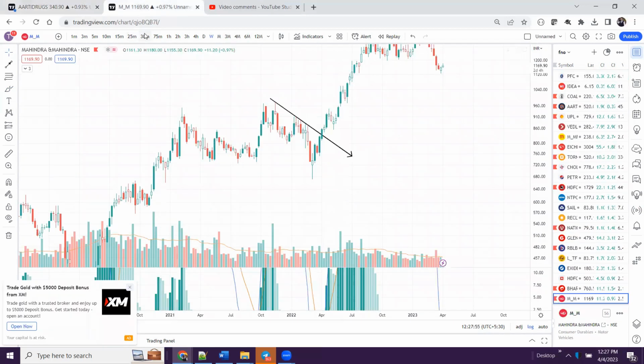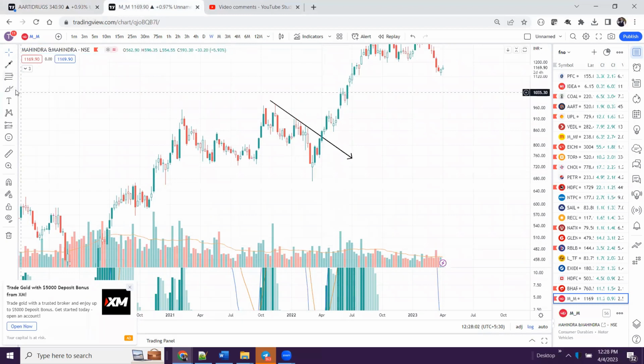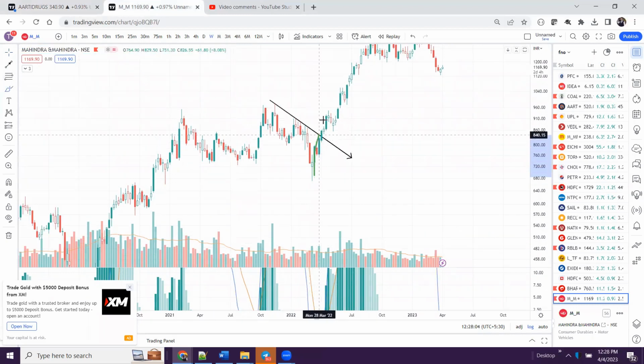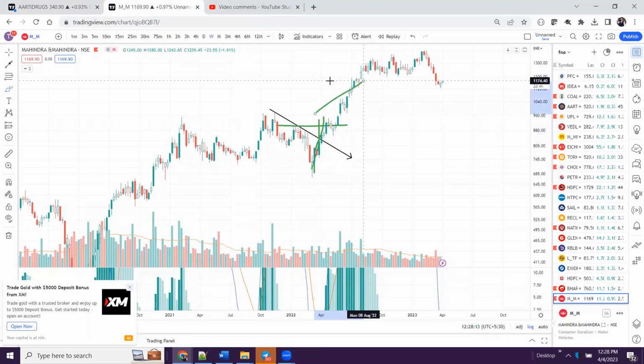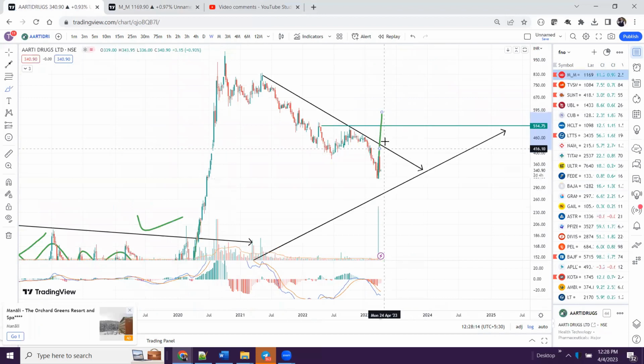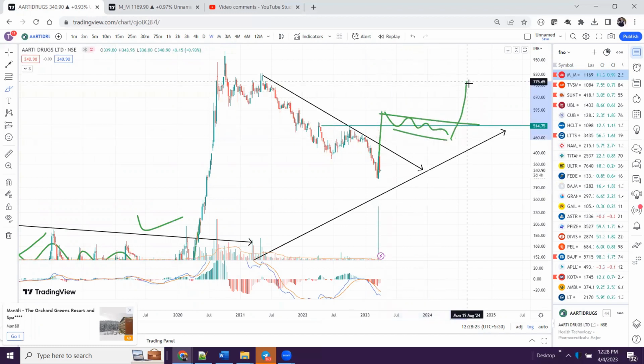This is the chart of Mahindra and Mahindra, and you can see here also there was a fast move. This is the move I'm talking about, which broke this resistance, and it was a very fast move. This gives us confidence that this is an impulsive move and more upside can come. In the same way, in this chart, if you get a fast move that breaks this level at the top, then during these dips you can buy for this up move.